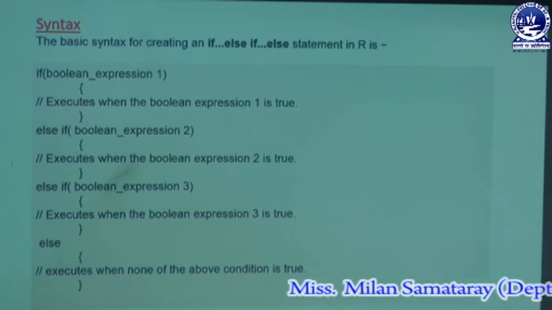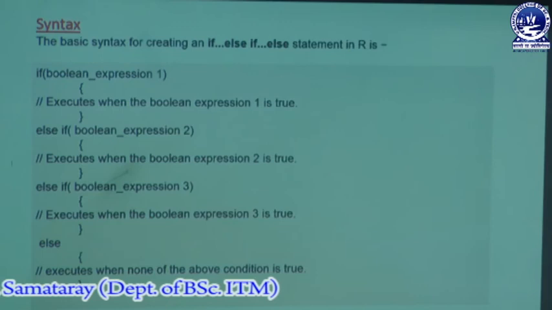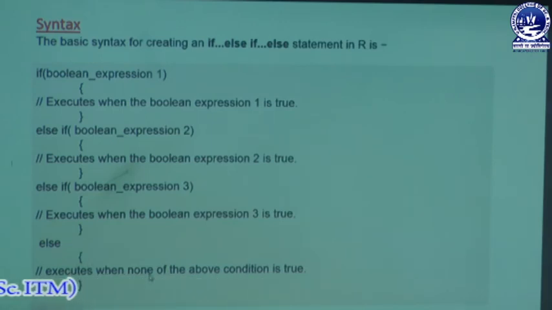The else block does not contain any condition, and the statements written inside the else block will be executed if all the if and else if statements give the result false.